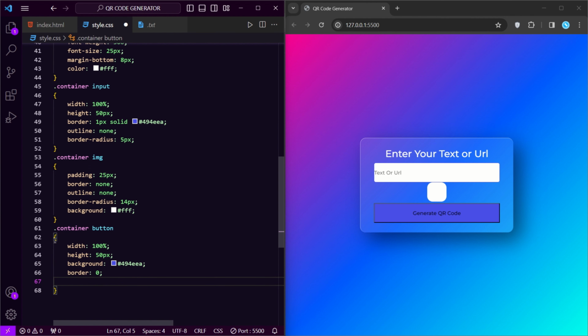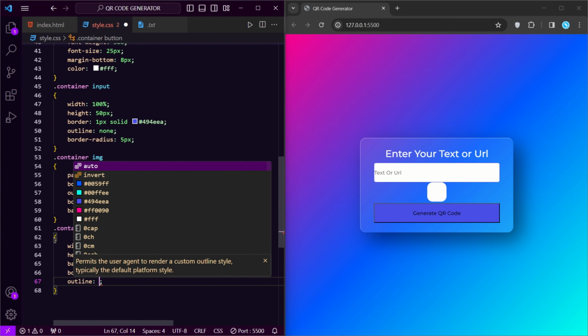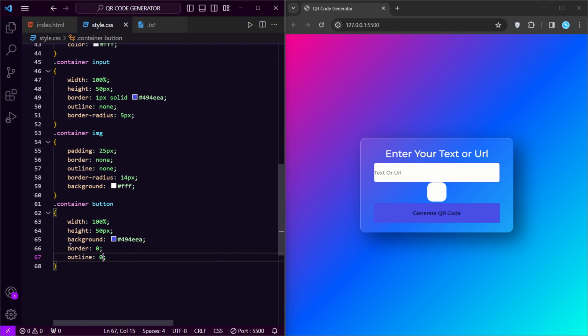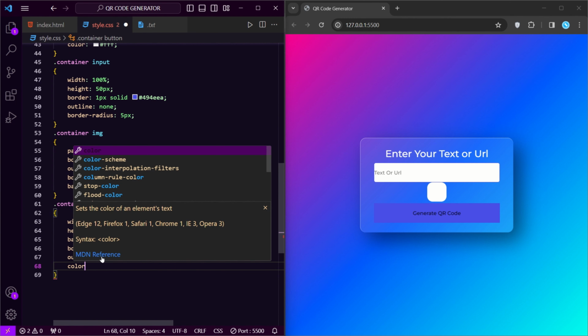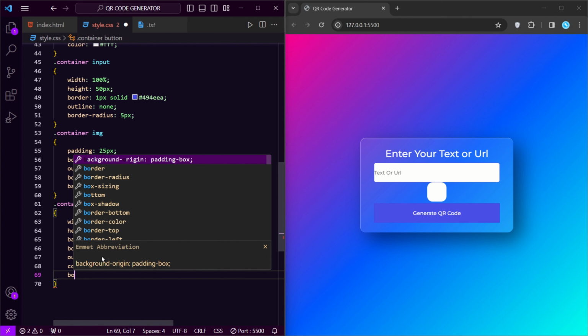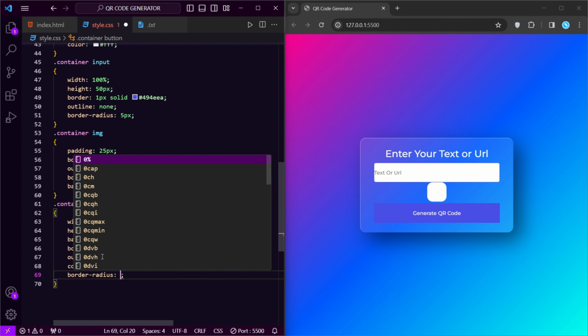Border 0. Outline 0. Save it. Color #FFF. Save it. Now we have to give the border radius of 5 pixel.